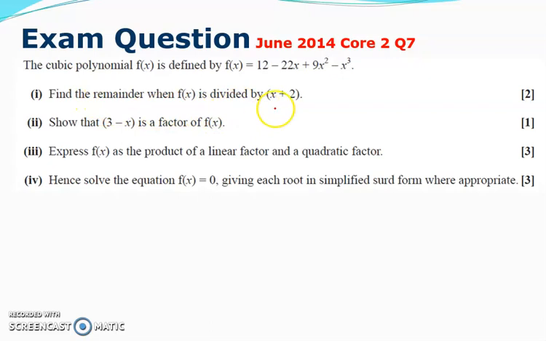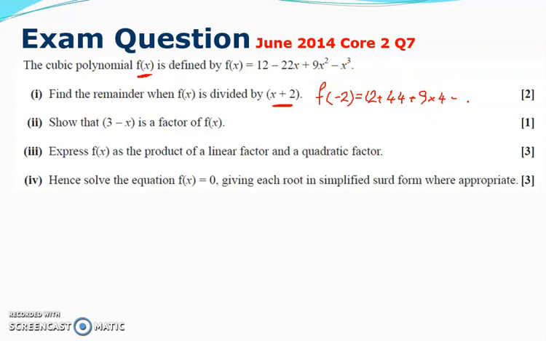Now it reminds us of this rule that says if I've got a function and I divide it by x plus 2, then I can actually put the minus 2 in. That's not technically on our syllabus now, but you might as well see it. If I put minus 2 into this, that becomes 12 minus, plus 44, plus 9 times 4,